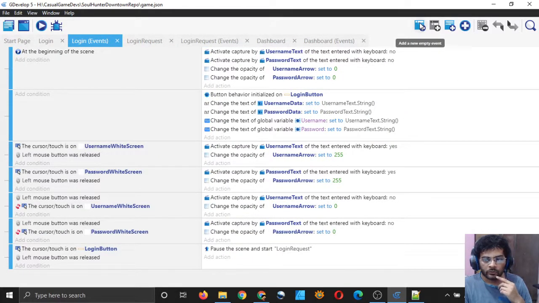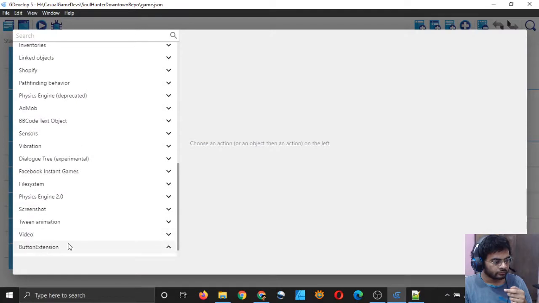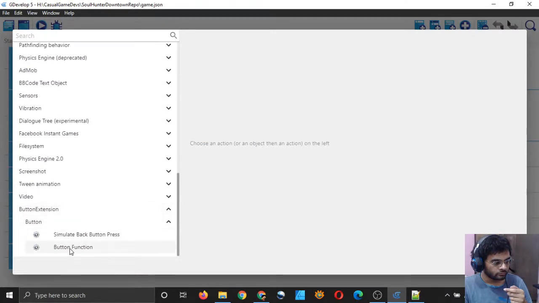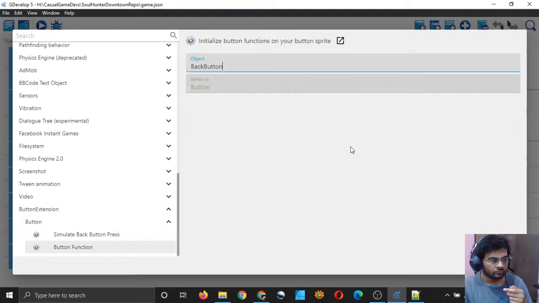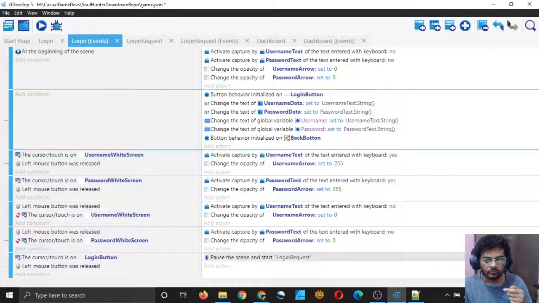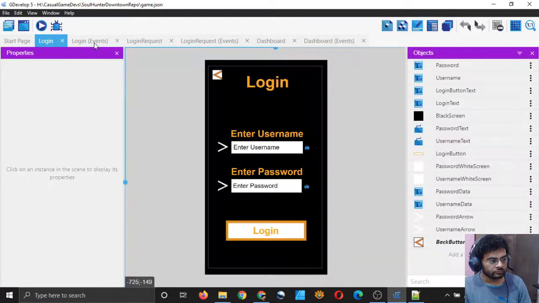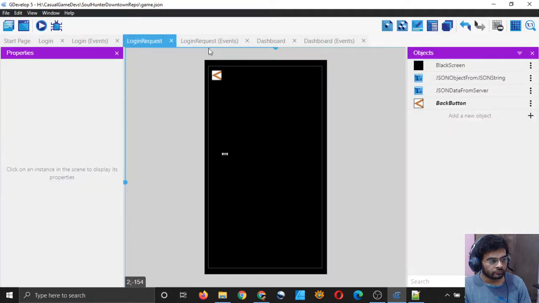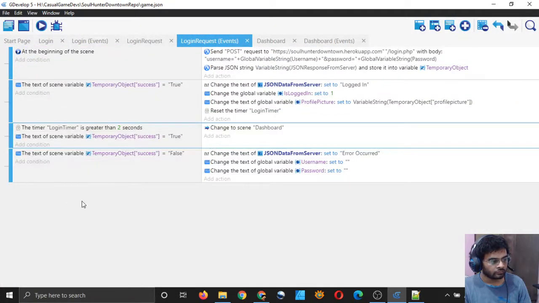I also have to call the back button's actions, right? So let me do that. So that's why the back button was not working. So it should be without any condition.